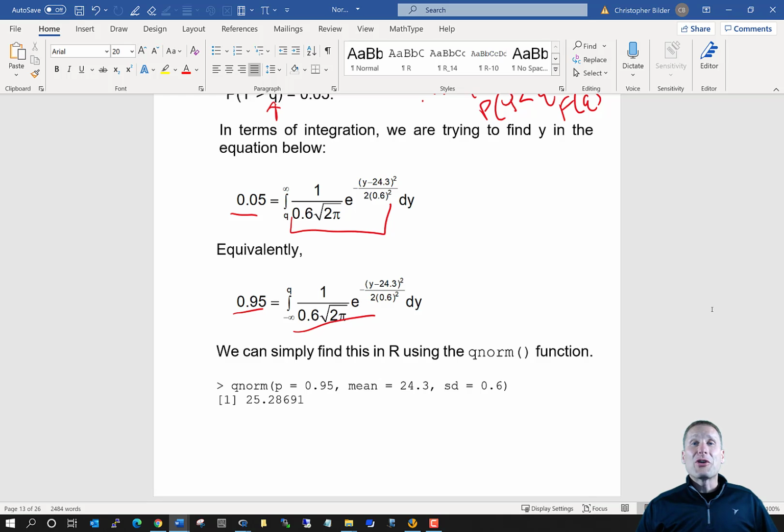And it's called the qnorm function. Notice what we're trying to find, the 0.95 quantile from this normal distribution. So we use qnorm, put in that probability in the p argument, 0.95, put in mu, put in sigma, you get